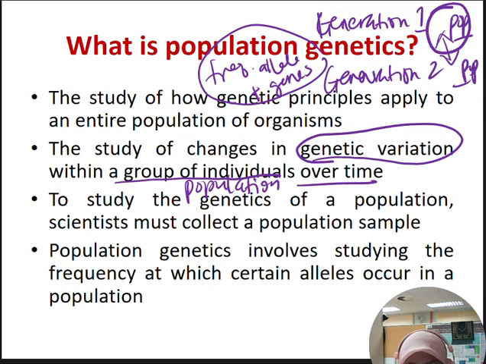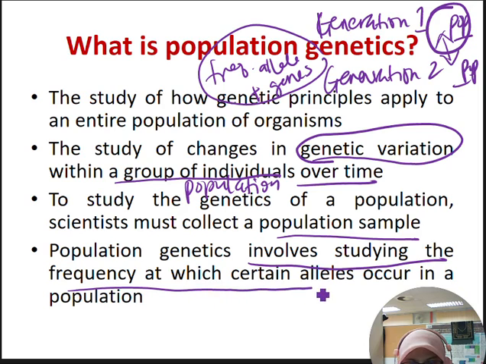So to study the genetics of a population, we have to collect a population sample. So kita kena ada sample. You've learned this in biostatistics. And then again, it involves the studying of the frequency of certain alleles in that population. So let's say kita nak tengok frequency of gene hair color, and then kita kira dia dekat generation 1 frekuensi dia apa. Kalau dominant is black color, frequency for dominant allele for the black hair color allele berapa. And then bila generation kedua kita tengok berubah tak, whether kalau berlaku something yang menyebabkan perubahan, maybe ada migration